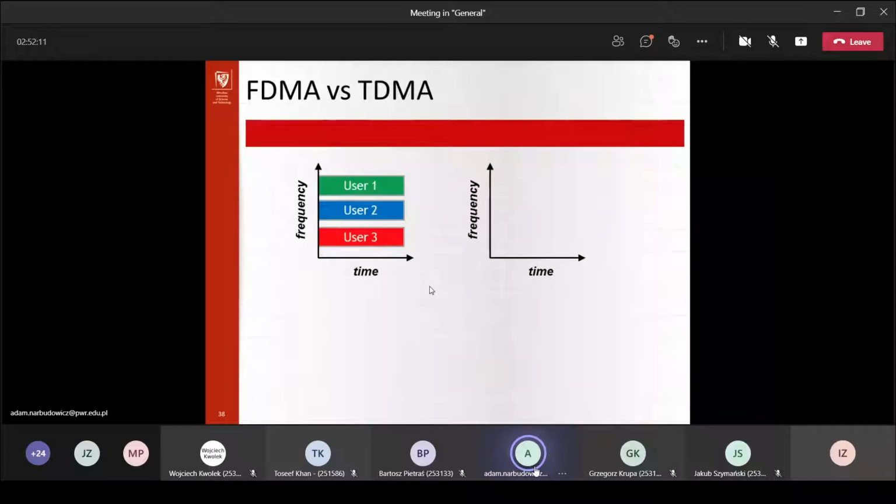Well, in a perfect world, of course. In practice, you have no control, and you can have your neighbor choosing the same channel, but that's okay, that's a different story. So the principle is each user is allocated their frequency for the whole duration of communication, and Wi-Fi is the most recognizable way of using that. However, you can also do it differently. You can allocate the full bandwidth or a certain bandwidth to one user, but chop it up,